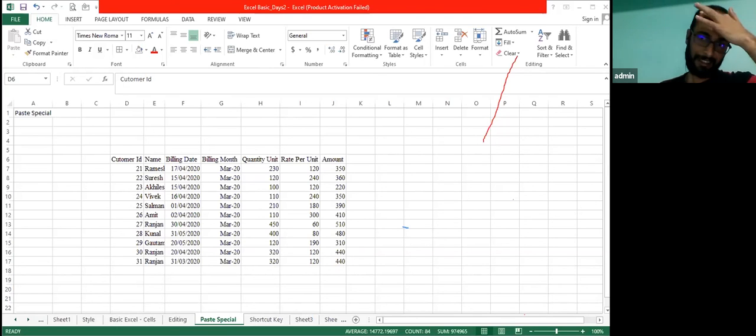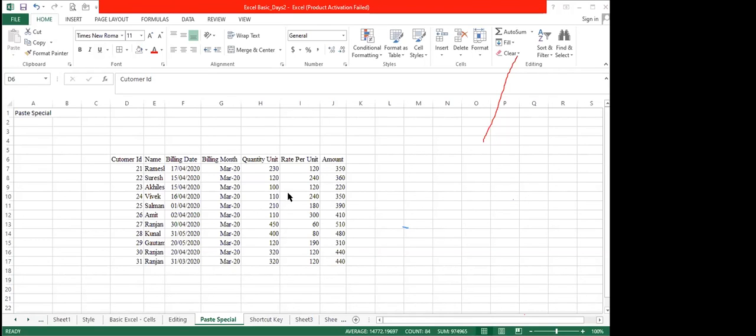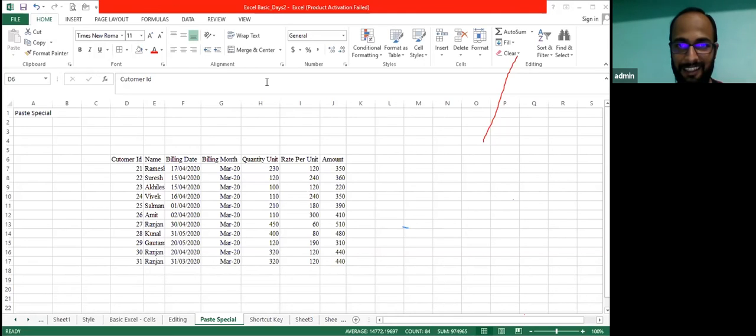Anyone has any query or question related to today's session? Please explain fill up. Yeah, today I have not explained fill up and fill down. I have explained only 2-3 things, the style and cell only.